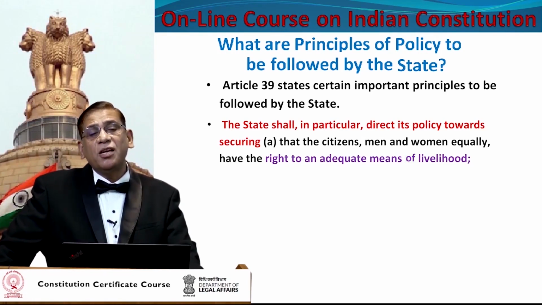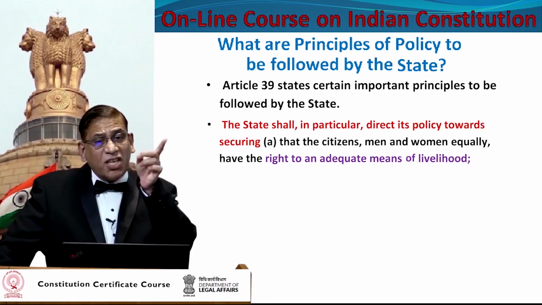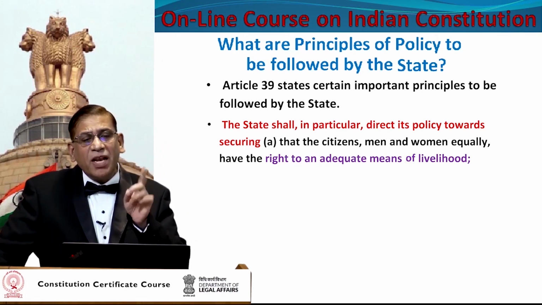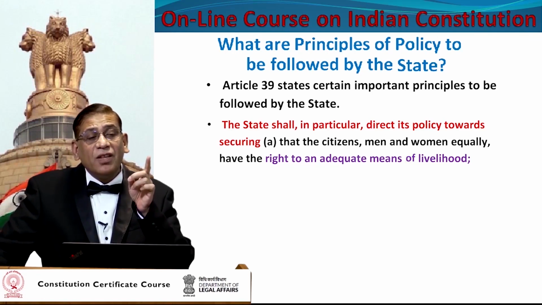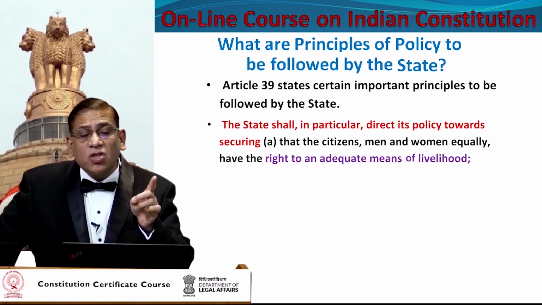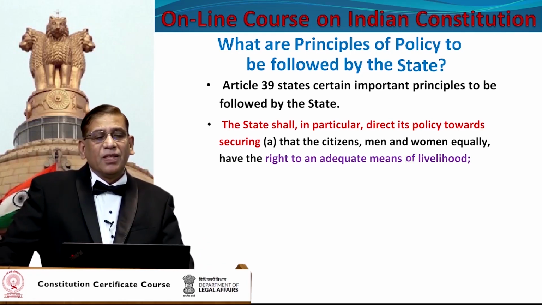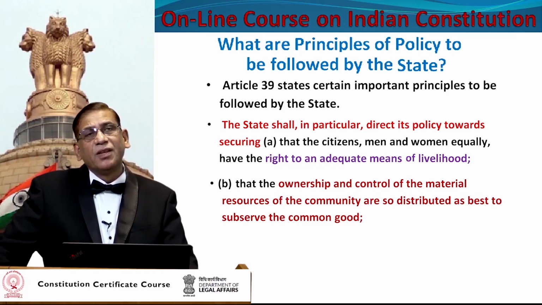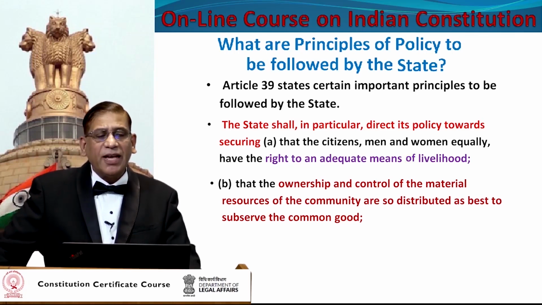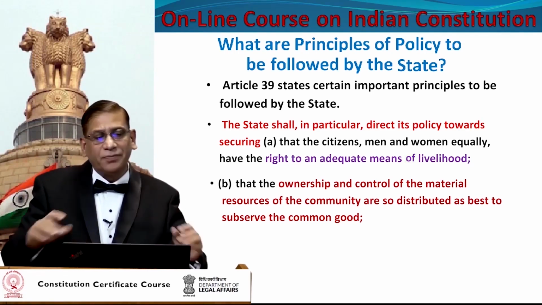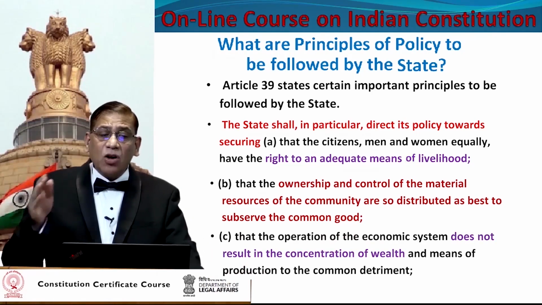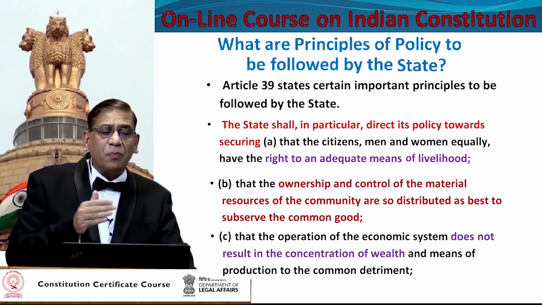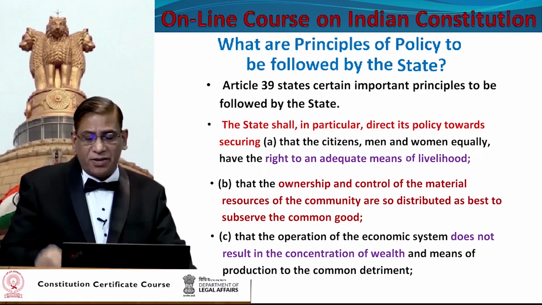The state shall in particular direct its policy towards securing that citizens, men and women equally, have the right to an adequate means of livelihood, that the ownership and control of material resources of the community are so distributed as best to subserve the common good, that the operation of the economic system does not result in the concentration of wealth and means of production to the common detriment,